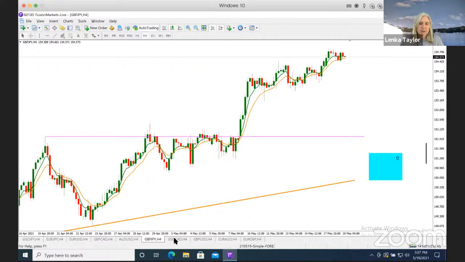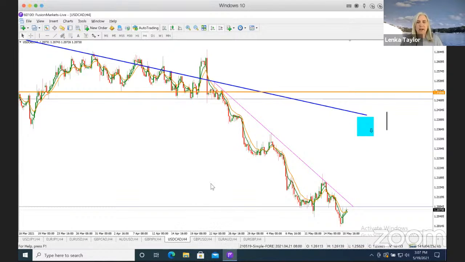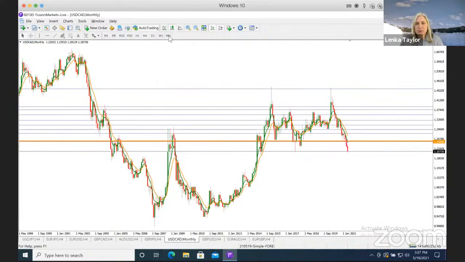All right, the next currency pair I'm going to have a look at is USDCAD. So USDCAD, I'm looking for a short. It's just gone past that 1.25 level. I'm looking for a pullback